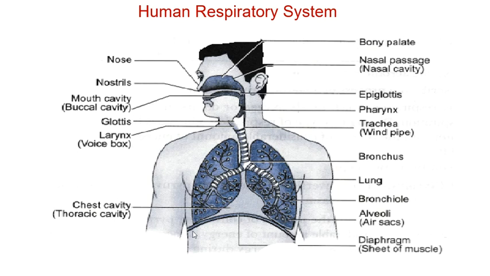Fine. After that, the final structure is the diaphragm. The diaphragm is a very, very important organ, because with the help of this only the lungs are able to take in air properly and exhale, so inhalation and exhalation are proper with the help of this diaphragm. The diaphragm is a sheet of muscle, as you can see.